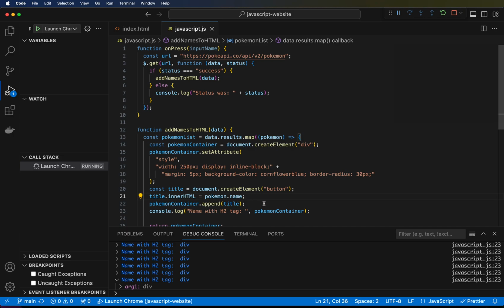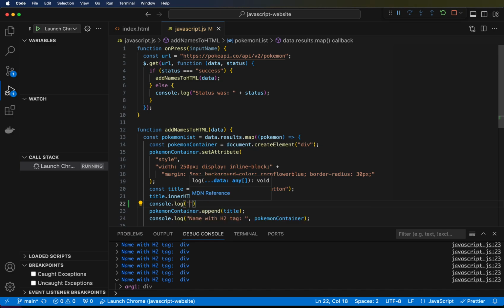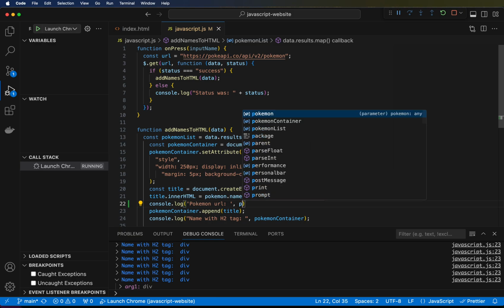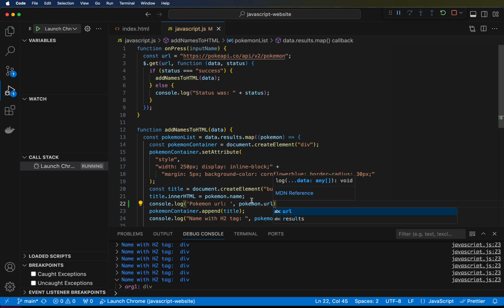So we're going to start by just logging the Pokemon URL. So we're going to call this Pokemon URL, and then we're going to set a second comma. When you do a console log, if you put a comma between them, then you can pass different values. But if you just try to pass a parameter straight in there, you're going to have problems. This makes it easy. So you can do Pokemon.url. So now if I put a semicolon at the end of that,